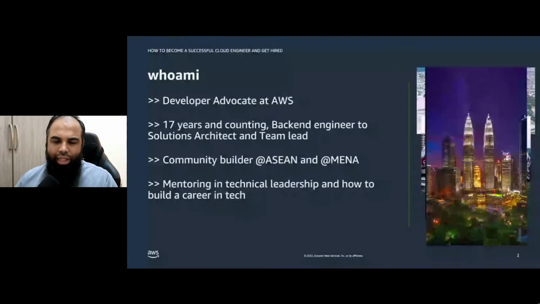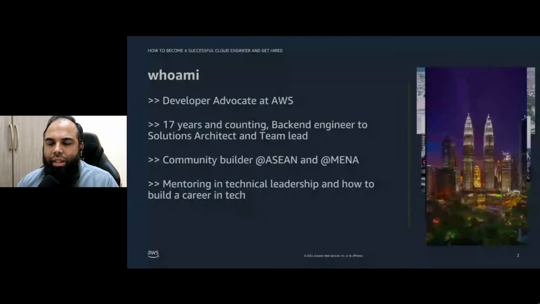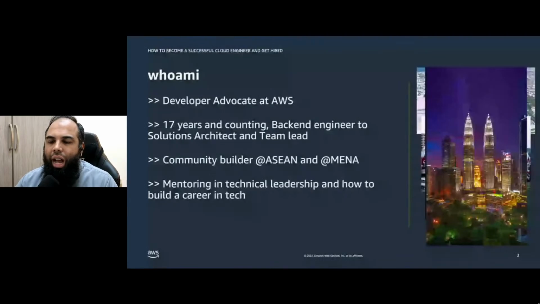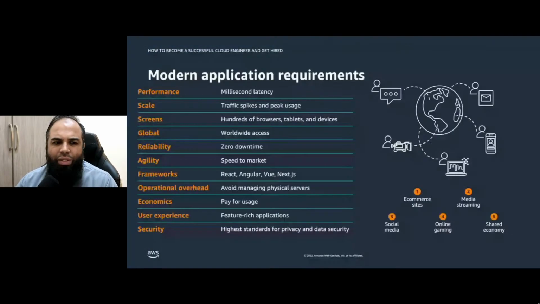Now, over the years, there's been a lot of change in how apps are being built. Modern applications these days, it was easy back in the day, right? 2005, when I got started, I was a Java developer. I was doing a lot of basic things in Java. I started with Struts. The term full stack developer, we used to do that ages before. HTML and JavaScript used to be secondary citizens at that point in time. It was all about the database. It was all about making sure your query is